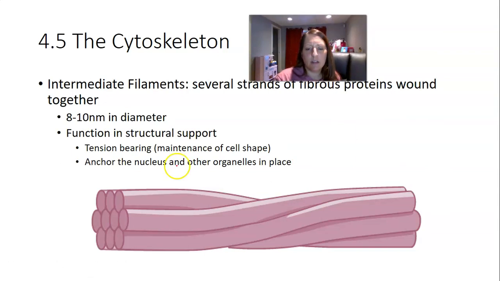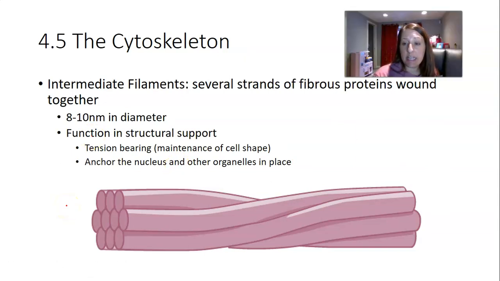Next are the intermediate filaments. And as the name implies, these are going to have an intermediate diameter, size. Okay. These are going to be made up of several strands of fibrous proteins kind of wound around each other. They're about 8 to 10 nanometers in diameter, so slightly larger diameter than we saw with the microfilaments. And they're going to be mainly functioning in structural support. They help to maintain cell shape, they are tension bearing, and they also help to anchor organelles like the nucleus in place. So the nucleus isn't just kind of floating aimlessly around in that cytoplasm, as well as other